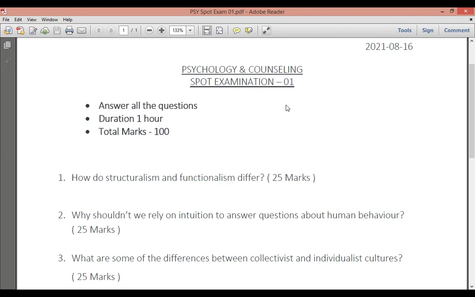So the first tip that I gave you is to prioritize the questions. The second one is to be well organized. That means you have to have a structure. Now just imagine your body. If you don't have a skeletal system, what will happen? How will your body be? Just imagine a person without a skeletal system. How will that person be?